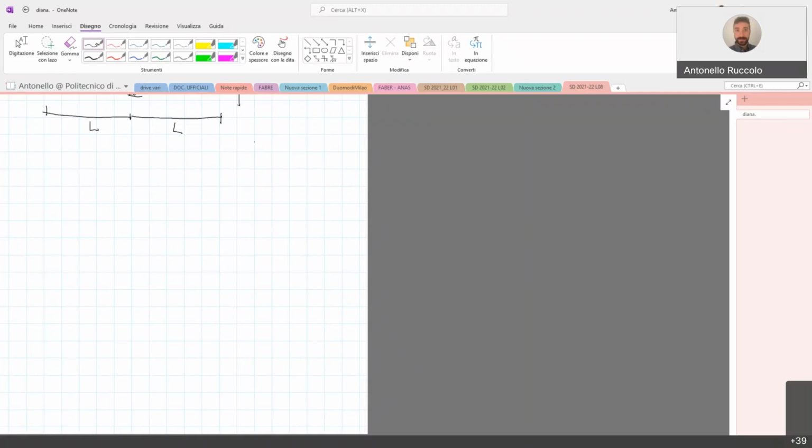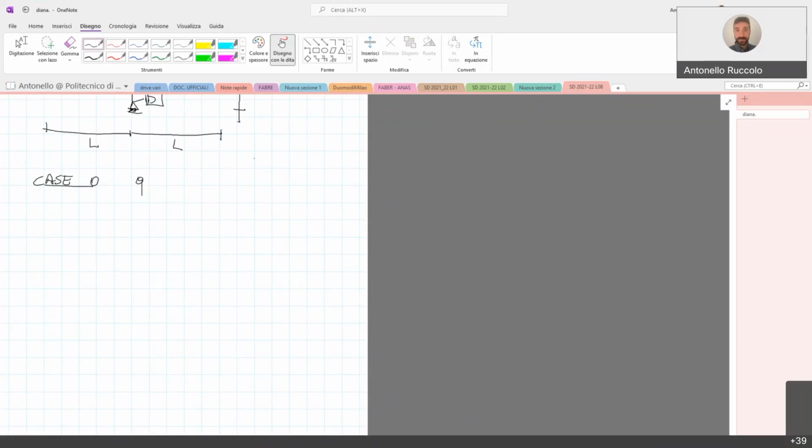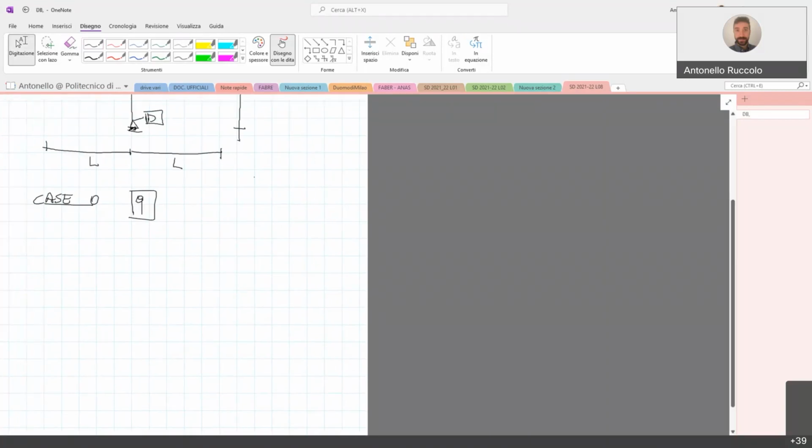So in this case, we start with case 0. That is the one where we have only the external load. Okay? No, apologies. Before doing this, I have to declare which are the displacements I want to make explicit. Okay? So we said that we work on the node B, we restrain it,